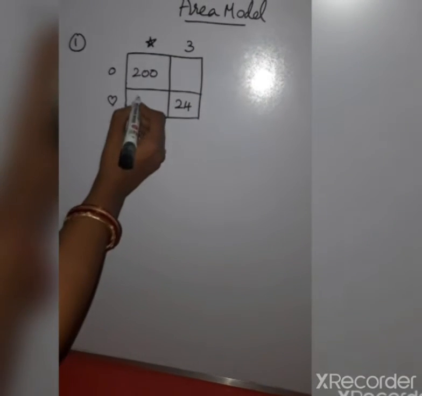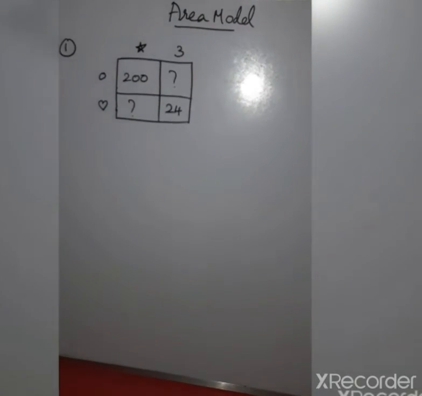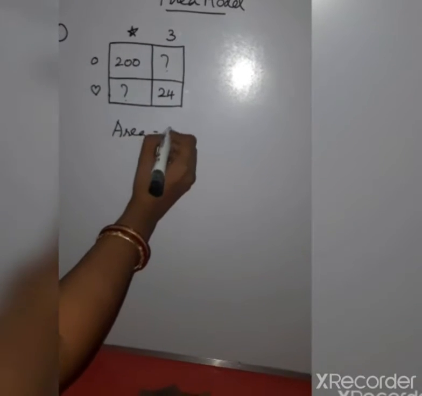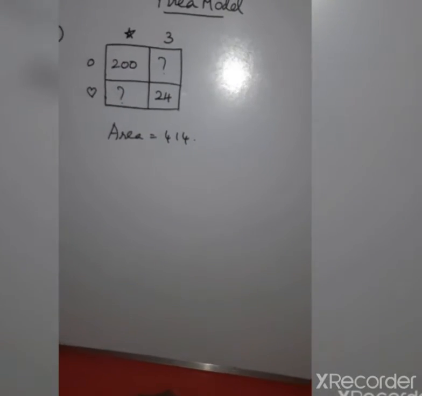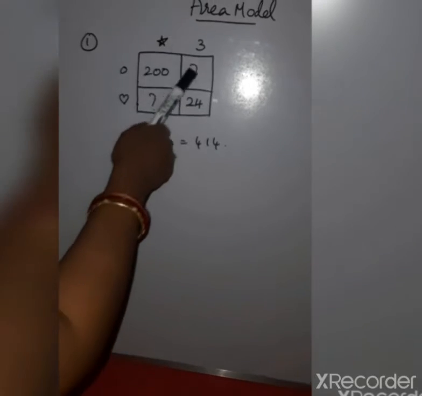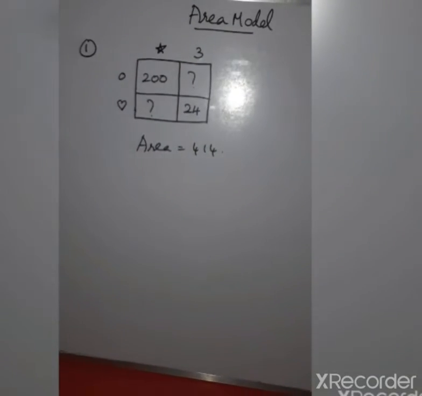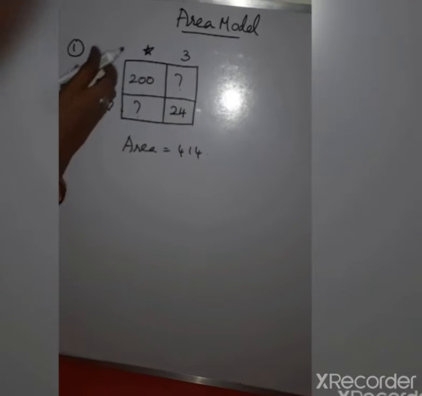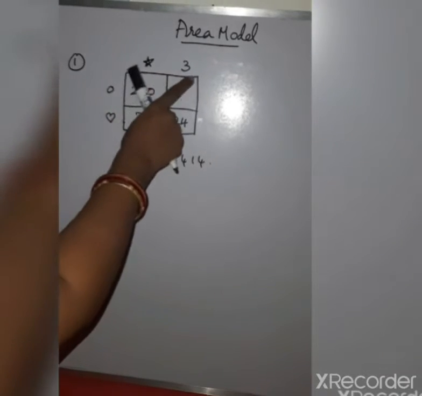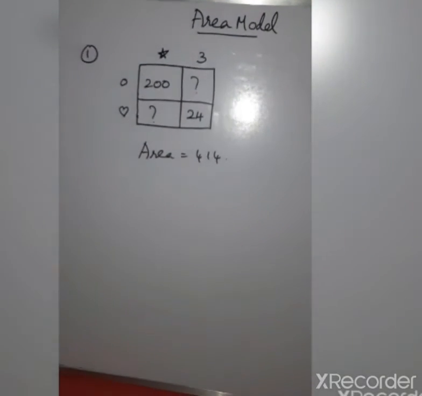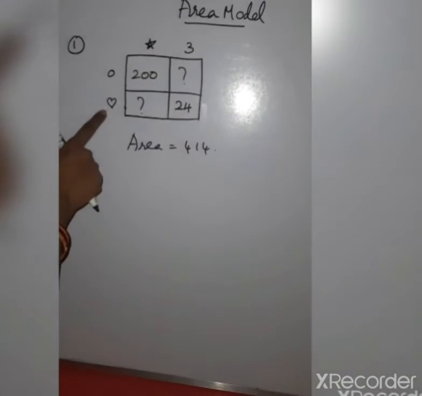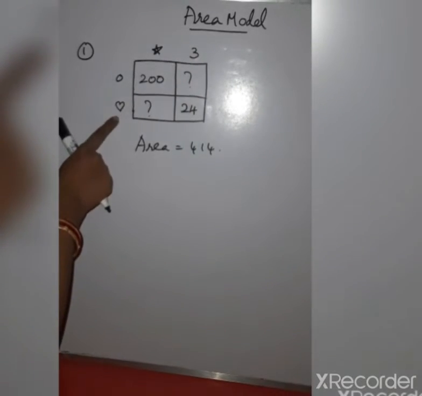Okay, so this area is not given and this area is also not given. So altogether, the total area given is 414. From this we are going to find out the areas of the unknown rectangles, and the symbols, whichever are given, or you can also call them icons. So we know only the length of this box.